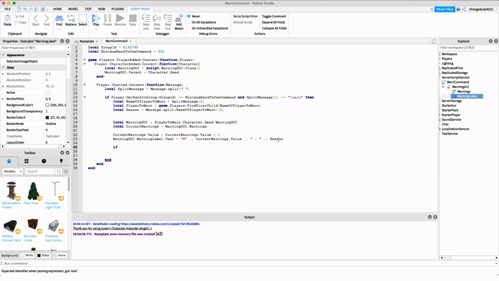So we'll say if current warnings dot value is greater than or equal to 3, or however many is the maximum number of warnings whenever we want to kick them. I want to kick them once they hit that 3 mark, but if you want to kick them after they hit 3, you do 4 or 5 when they hit 5 warnings. I like 3 though. Then, whenever they hit that maximum number of warnings, we just want to kick them,